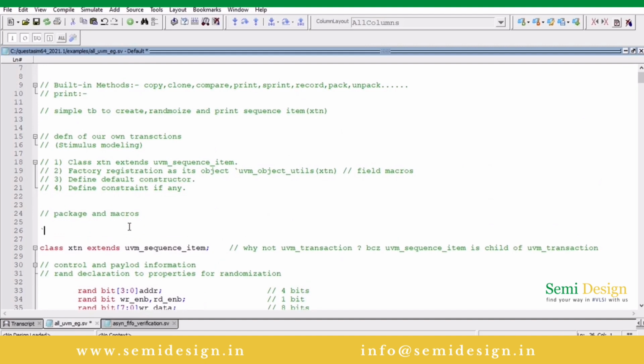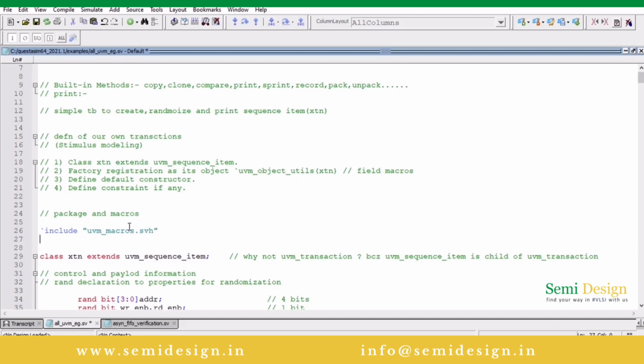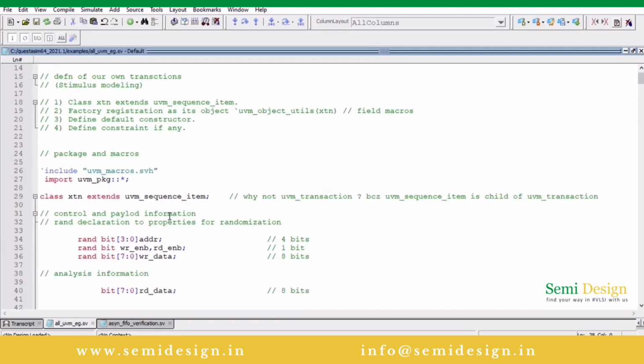Tick include within double quotes uvm_macros.svh, and after this you need to import the UVM package: import uvm_pkg::*; with a semicolon. If you put these two lines, then you will not get that error.